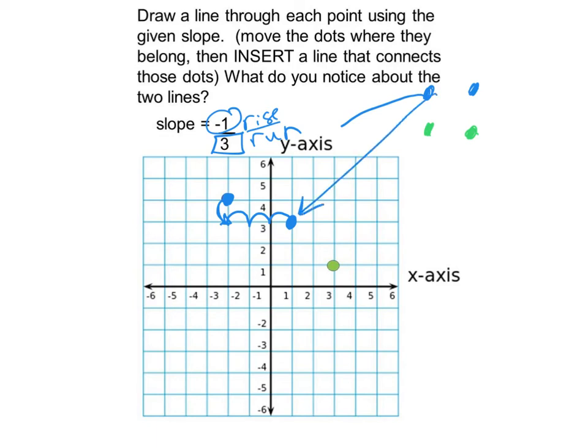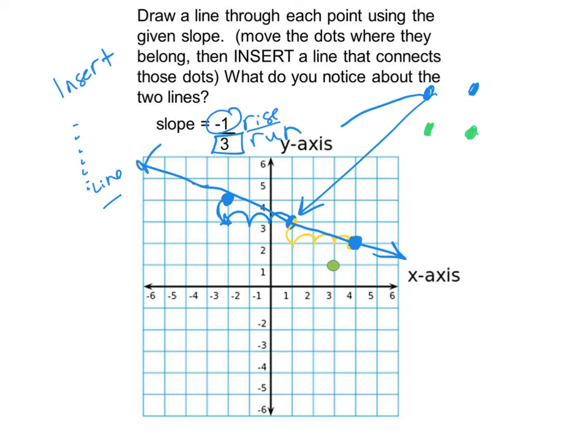Okay, now same thing. I'm starting here. And my rise is -1, so that means down 1. My run is 3, so I'm going to the right 3 because that's positive. And there's my other blue dot. And then I go to the top where it says insert. And then I look down, and one of those options is line. I click on it, and I find the line that I want it to be. And I insert a line